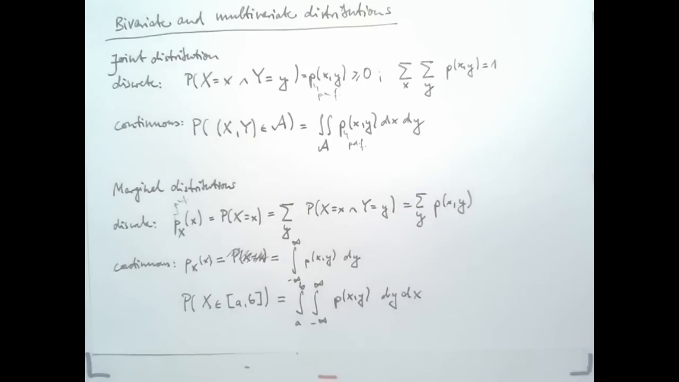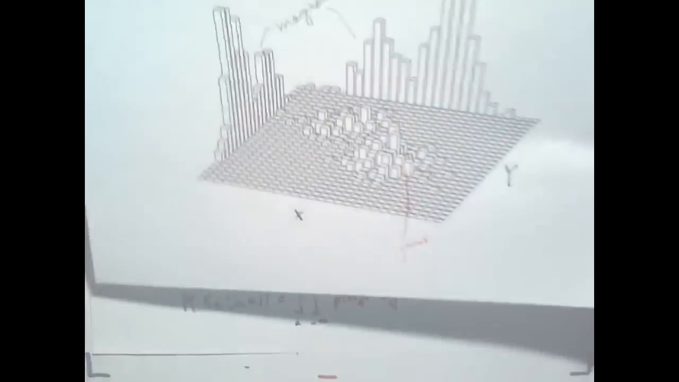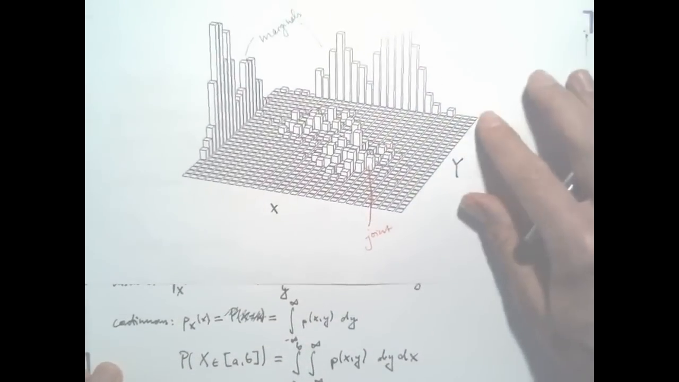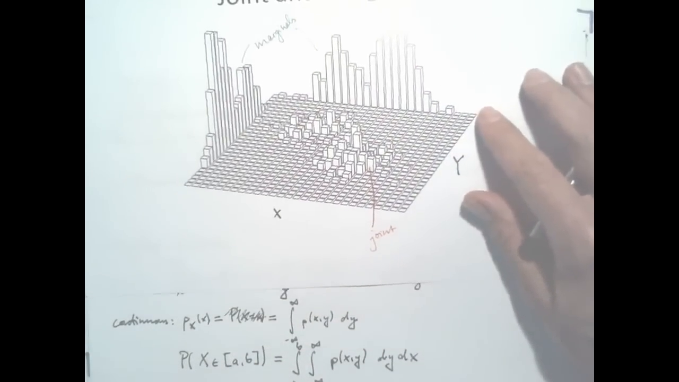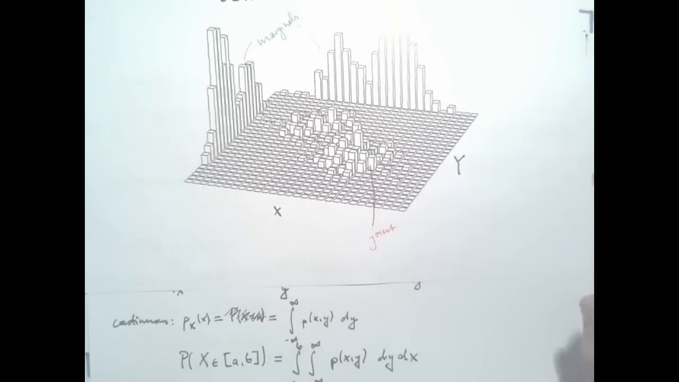Okay, so I think you understood what joints and marginals were already when I showed you the picture. But for completeness, I've given the formulas. Now there's one more quantity of interest, namely the